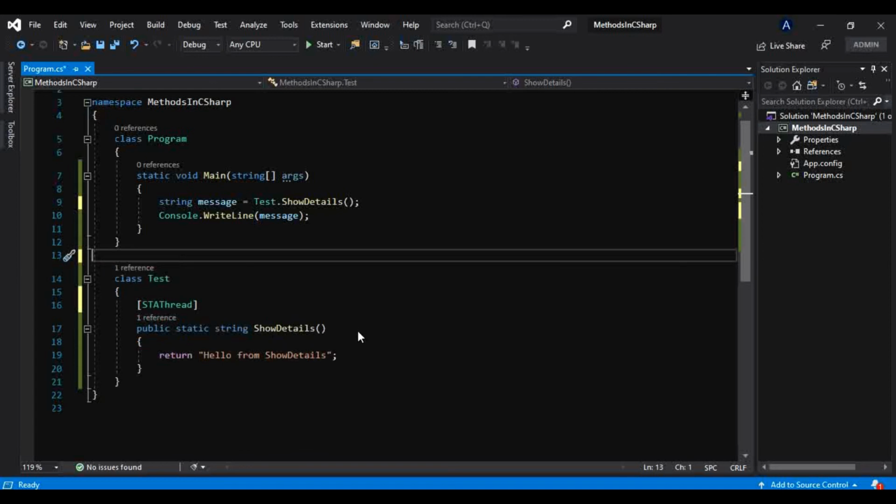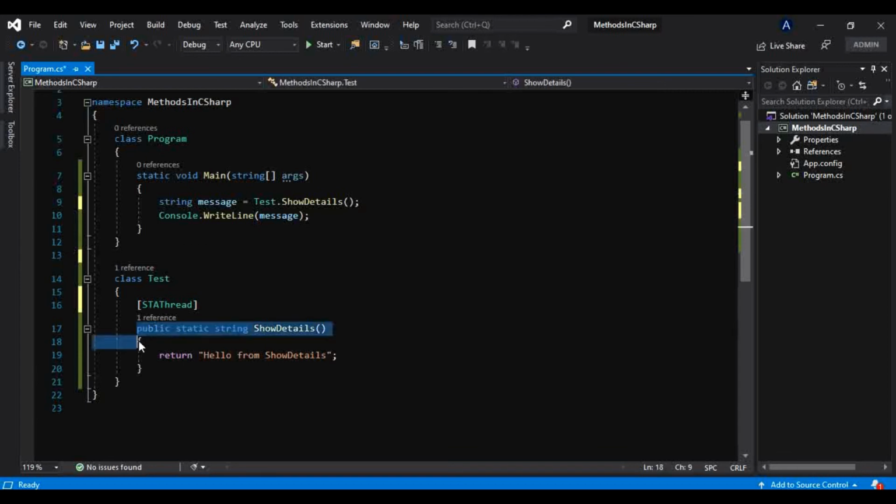But coming back to this concept, we can have method parameters inside our methods. And why do we use method parameters? If you want to take some input from your user instead of you providing it, at that time method parameters are very useful. So let's see how. I will get rid of this for now, as we have understood what this attribute is, and we will be learning about them in very great detail.